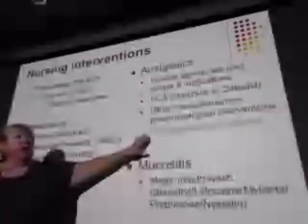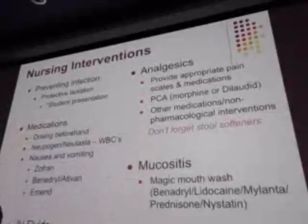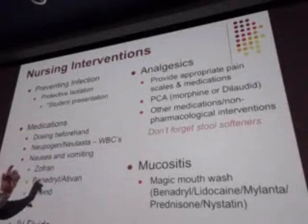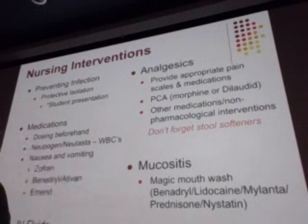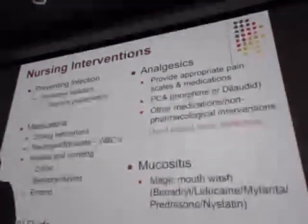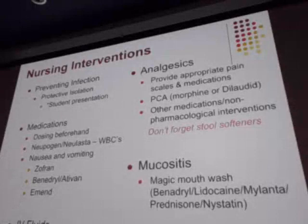And a lot of them are getting narcotics. So we want to make sure that they've got those stool softeners on board. Then there's mucositis. Their poor little mouths, all mucous membranes can be affected, so sometimes their eyes, but mostly their mouths and clear down their throats sometimes will get these open sores. It's horrible and it's very painful, and so even if they're not nauseous, they still won't eat and drink because